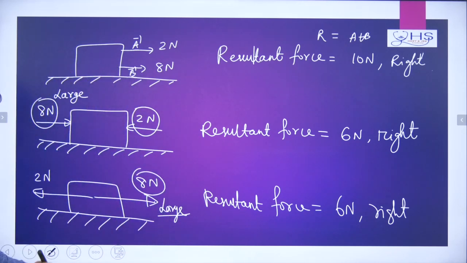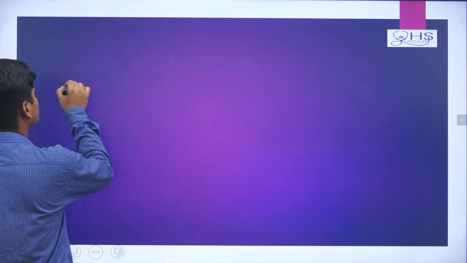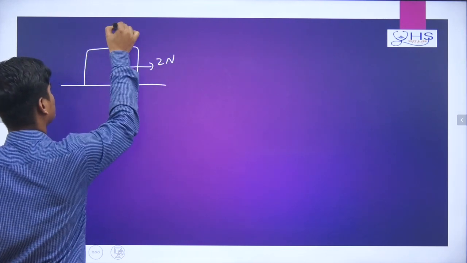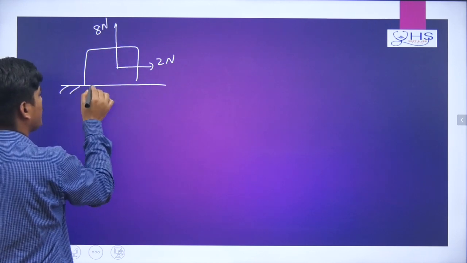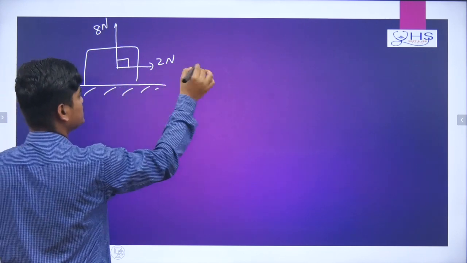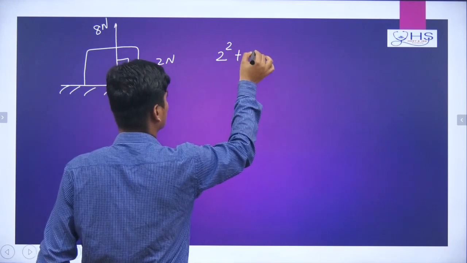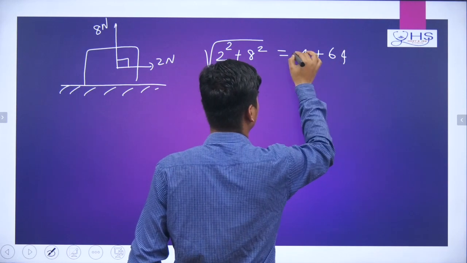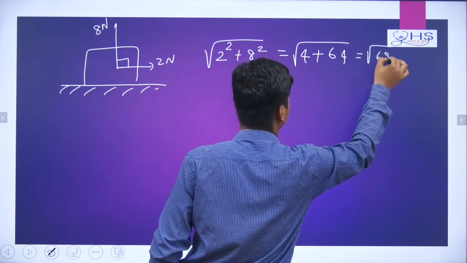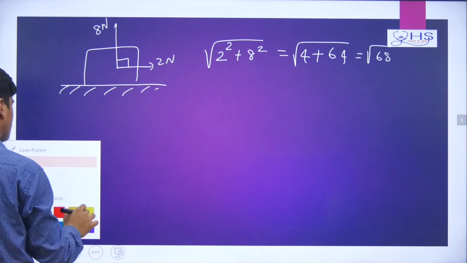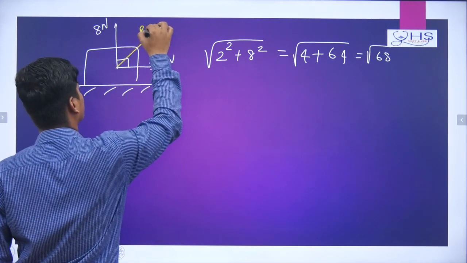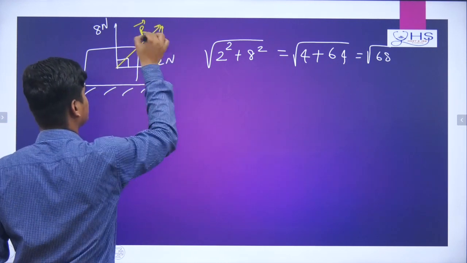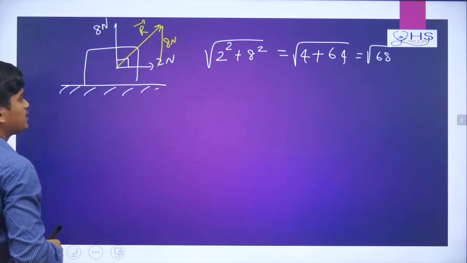Okay. Now another thing, suppose I am telling here, these two vectors I already explained. Suppose 2 Newton in this direction and 8 Newton in this direction. Then what will happen? Now this angle is 90. Then the net resultant is the square root of 2 square plus 8 square, which is nothing but the root of 4 plus 64, which is root 68. And what is the resultant direction? The resultant direction will be this way. This will be the R vector. So you can take this 8 Newton vector here, and then you can do the resultant like this.